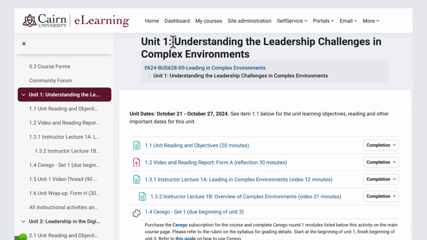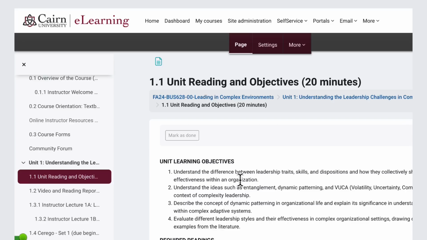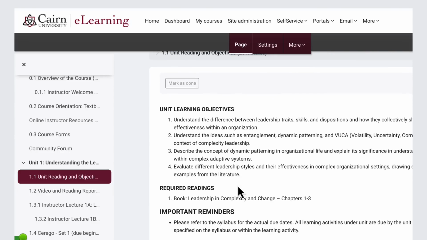So for example, we have Unit 1, Understanding the Leadership Challenges in Complex Environments. And if we click here on 1.1, this includes the readings for that week along with the objectives. So this is built from the course map, and typically the Office of Distance Education puts this together for the course developer. So in this case, we have the required readings from the textbook, and it would be chapters 1